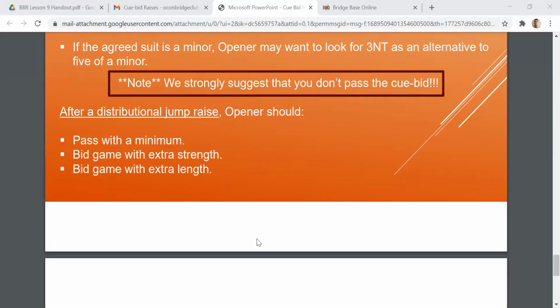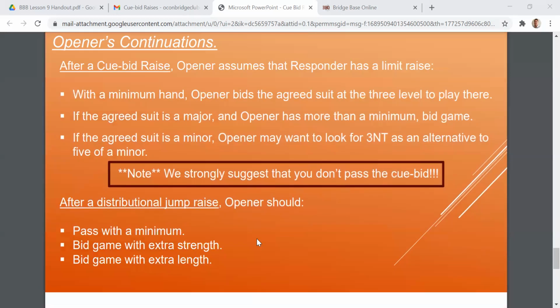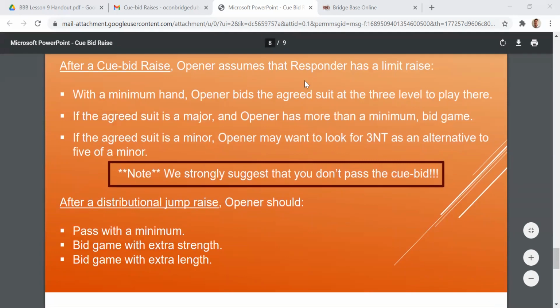So this is the final slide, but we can go to the next one, which is, I think, just any questions. I want to just add something. This would have to be a fair amount extra, guys, in my opinion, because this distributional jump raise could be pretty weak. So if you just have your minimum opener. Okay. So Mark,